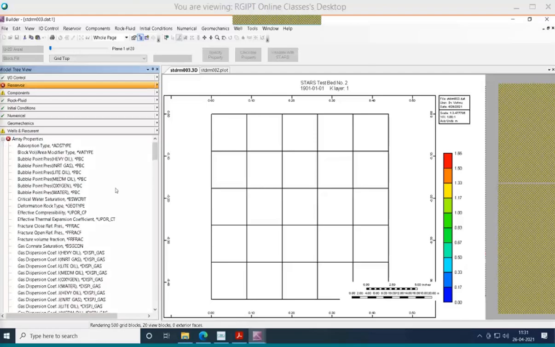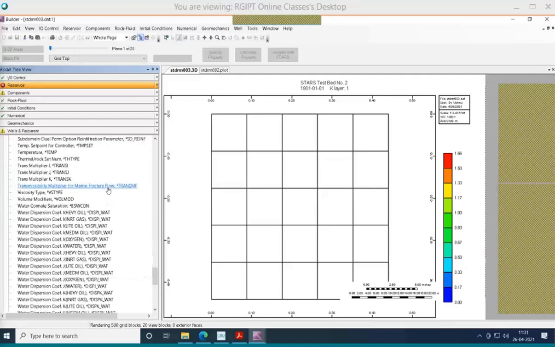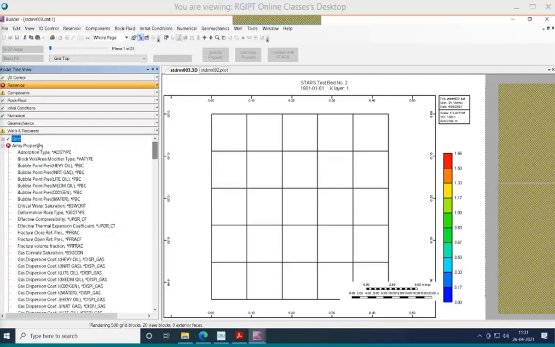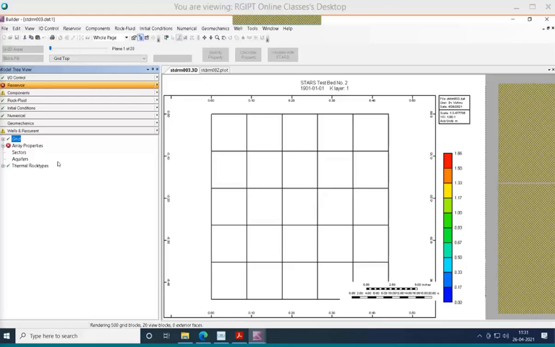So we have to specify all these array properties once again, because even though for the entire block we have defined 0.25 as the porosity and permeability as some values, if you change the grid, the graphical interface or the builder won't be able to change that automatically into the entire model or entire grid block. So in that case, it will be easy to use. I'm not saving this one. I'm just closing. Okay, fine.